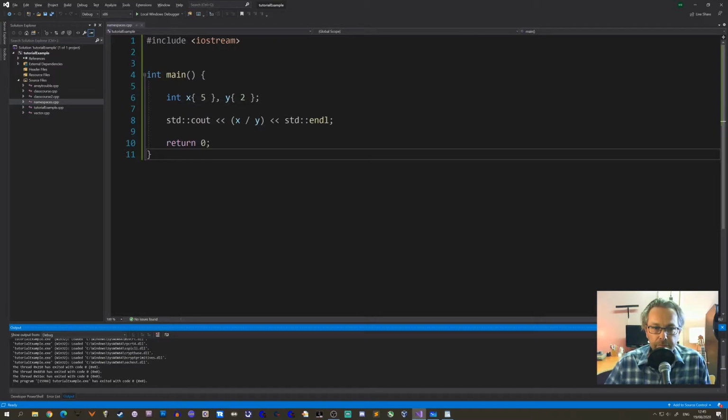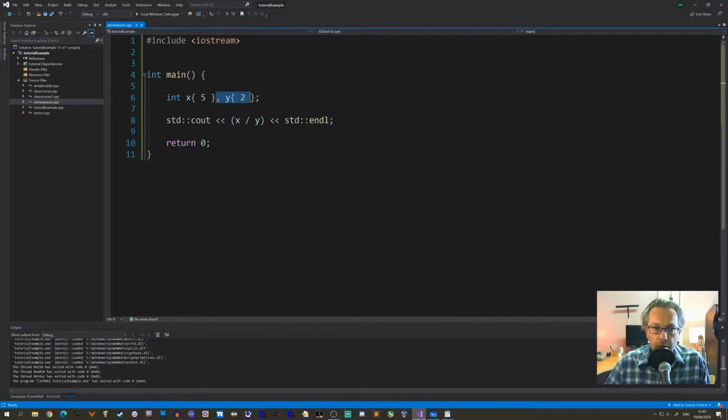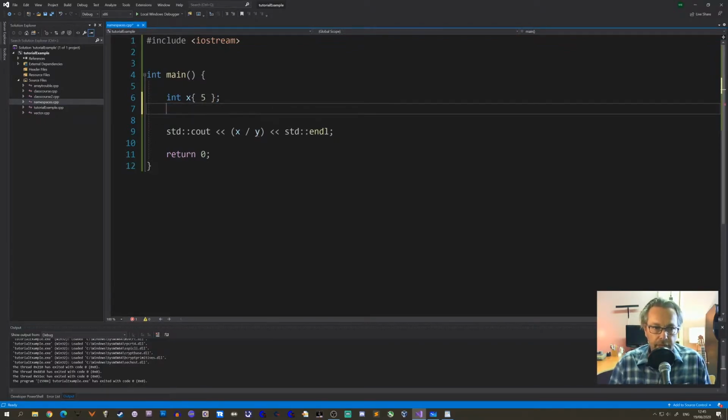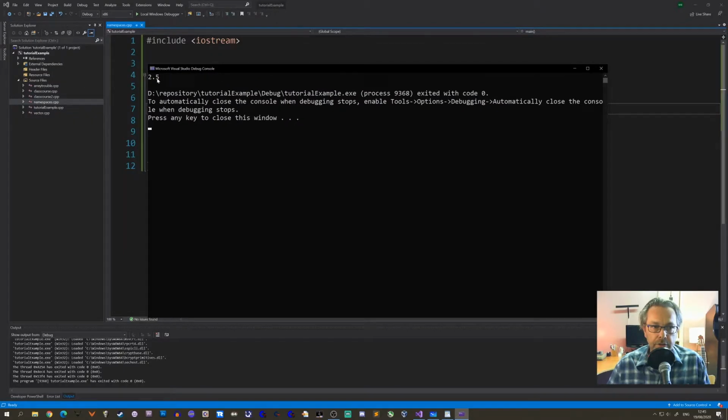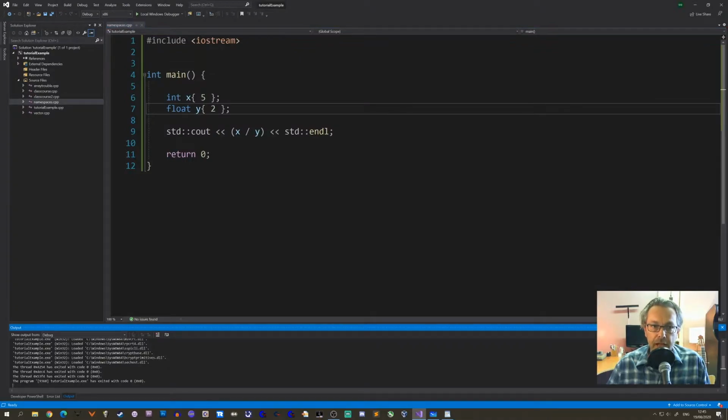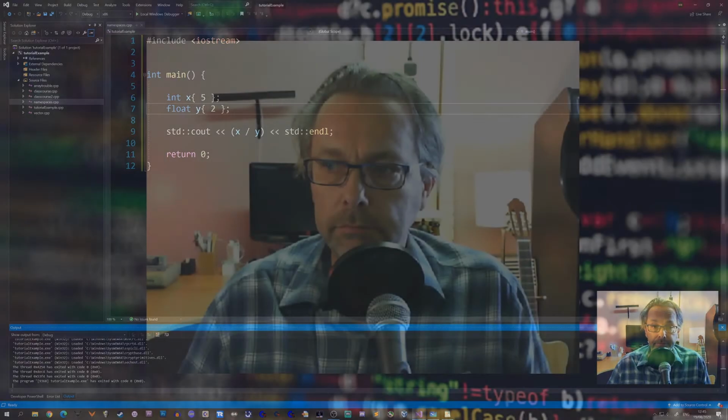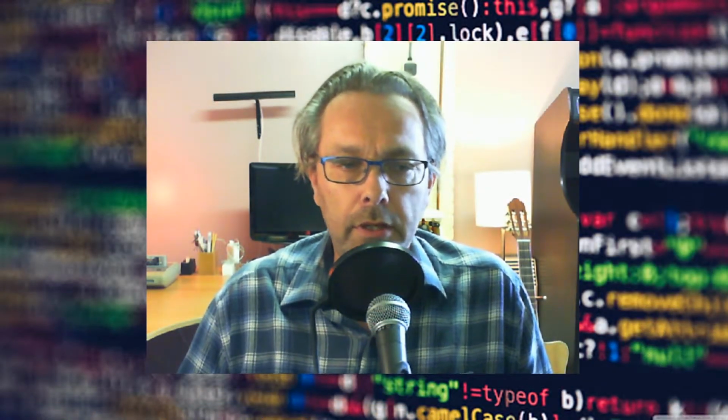Now, if we took the y and turned that into a float, y2, now the highest precision is that of the float. So if I press F5 now, you can see the output again, and now it's 2.5. Why? Because the highest precision of the operands is that of float, and the output will be the precision of a float. So let's have a look at the most basic